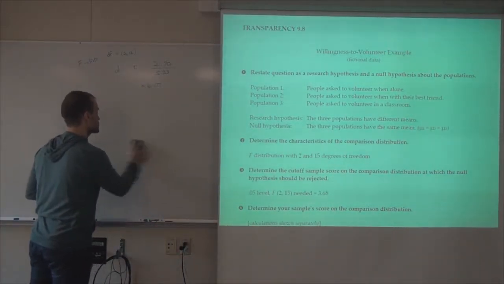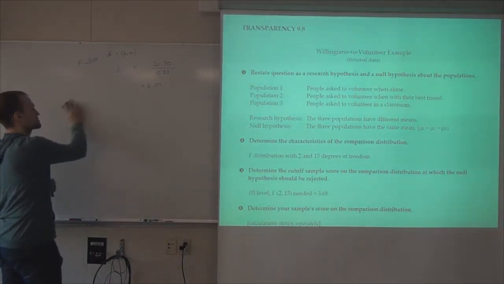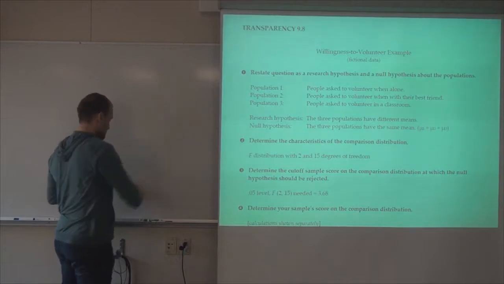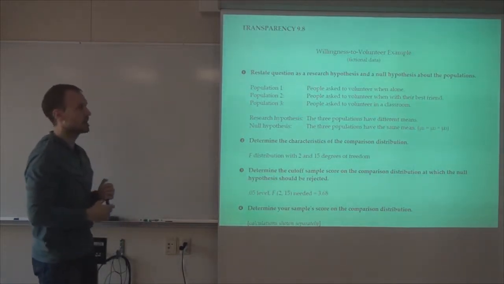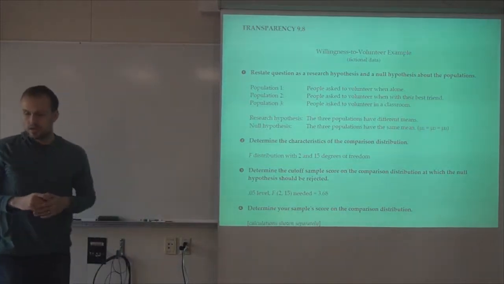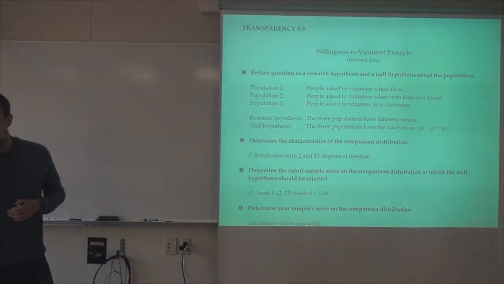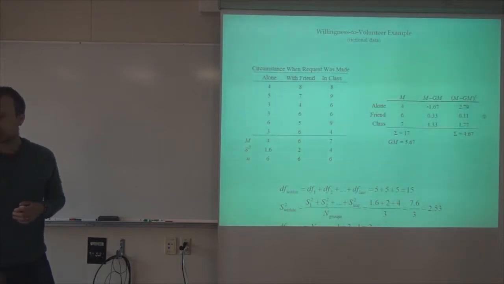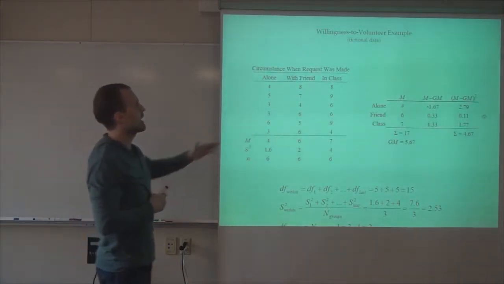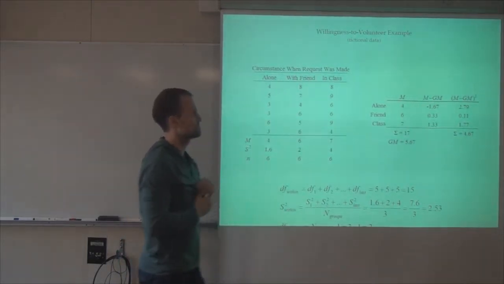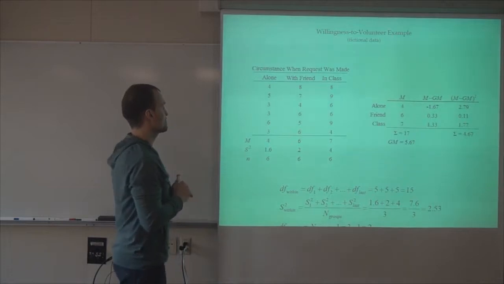So again, these groups are independent, and I have more than 2 of them, so I'm in an ANOVA, analysis of variance, situation. Let's see what I have to work with. Here's my information. I have a sample of 6 per group, which would give me